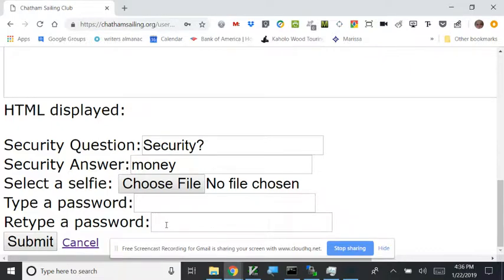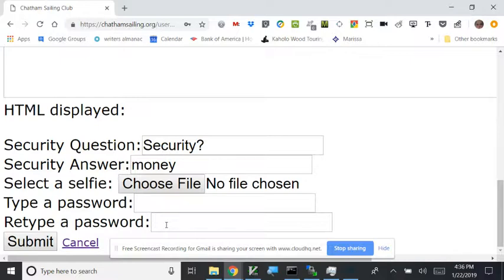There really is no reason why you ever need to sign out, unless you're about to pass your device off to someone else and you don't want them to be able to mess with your blog entries on Chatham Sailing Club. So that is really all there is to know, I think, about the user profile,